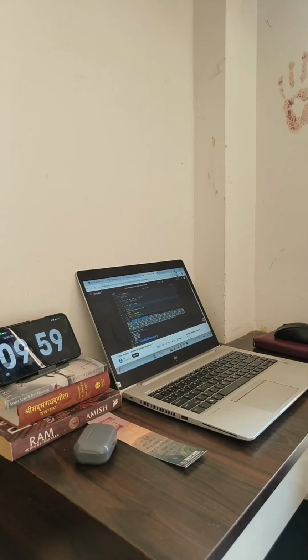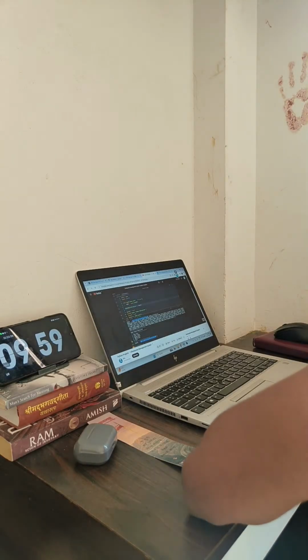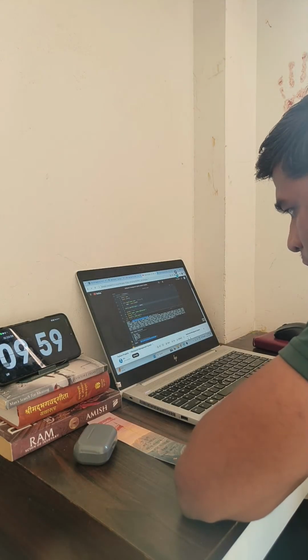If you want to print it in a pretty format, we can use pprint library. So something like this, pprint.pprint. Now if you run this again, the data will be shown in the